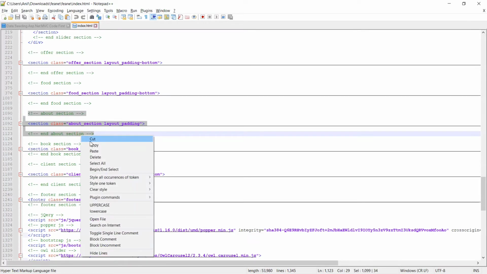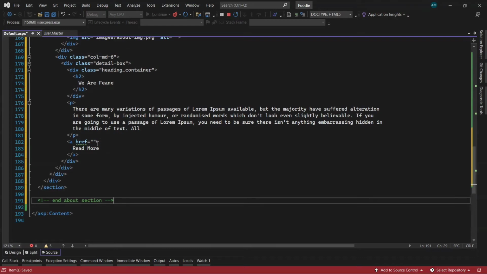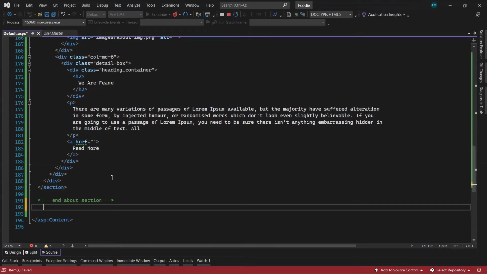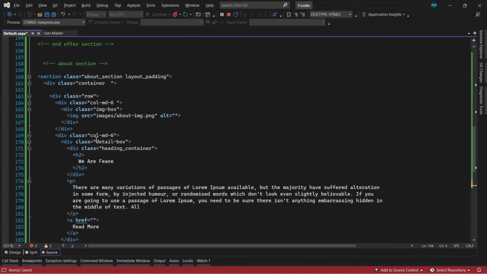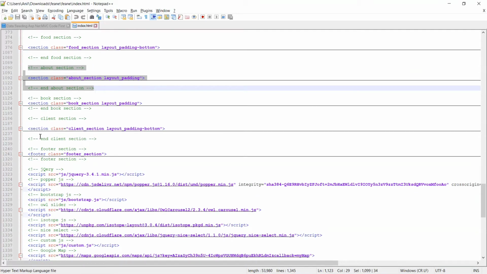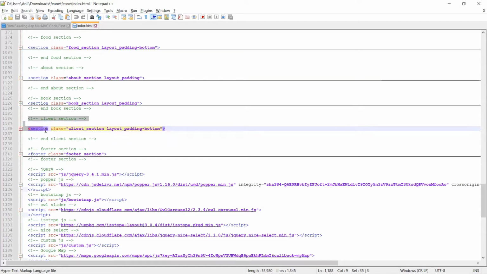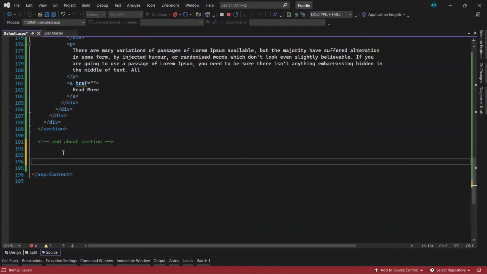Select, copy, paste, save it. Then this one, the last one, that is the client section. Copy, paste,